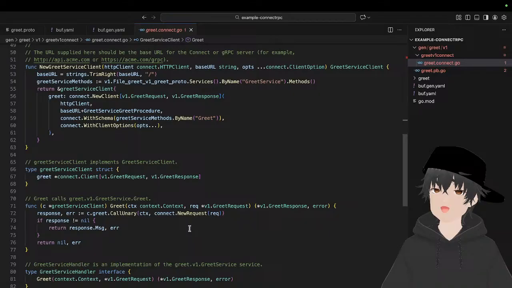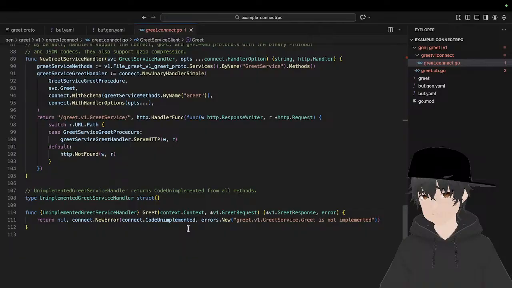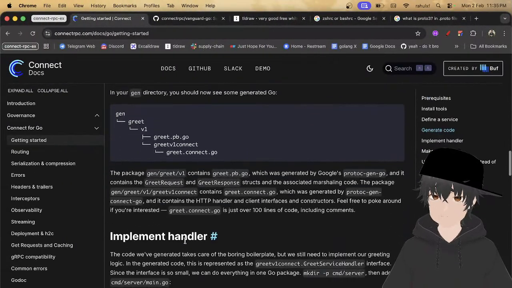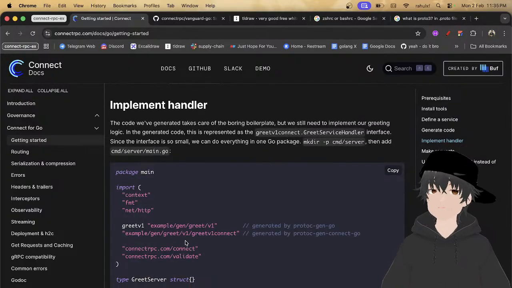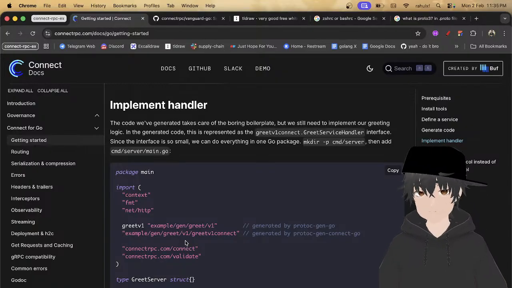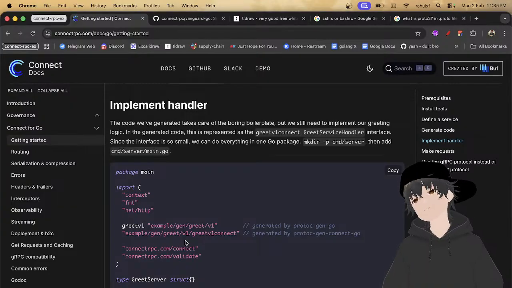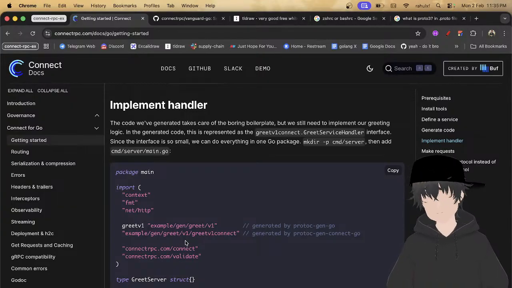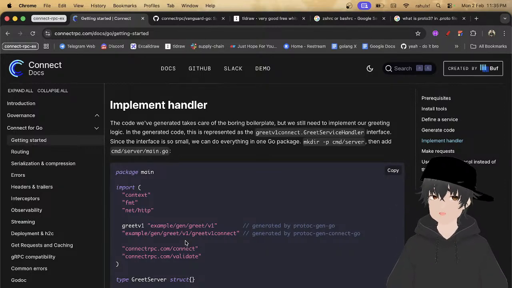You already find a greet service client again. Okay, we are now inside implement handler. Now we need to implement the handler, right? So implement handler, the code we generated.